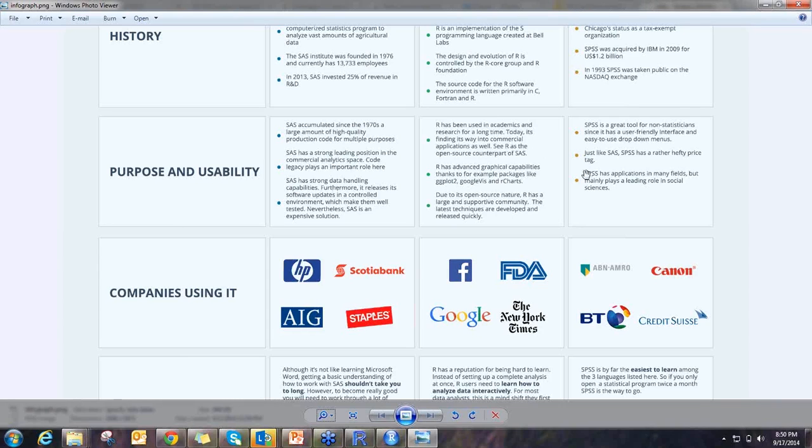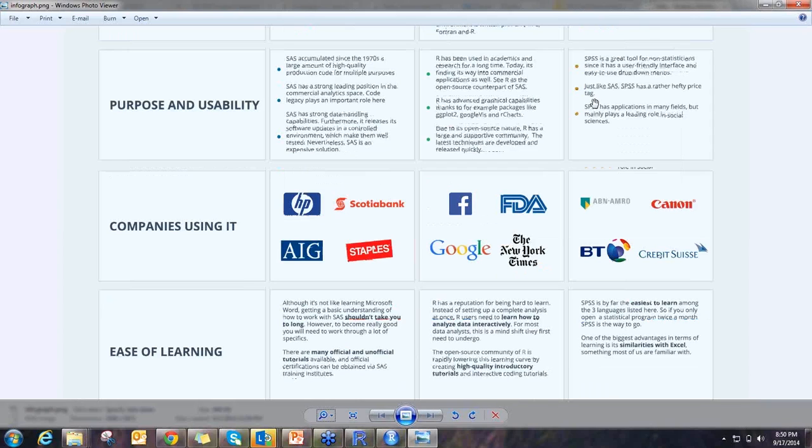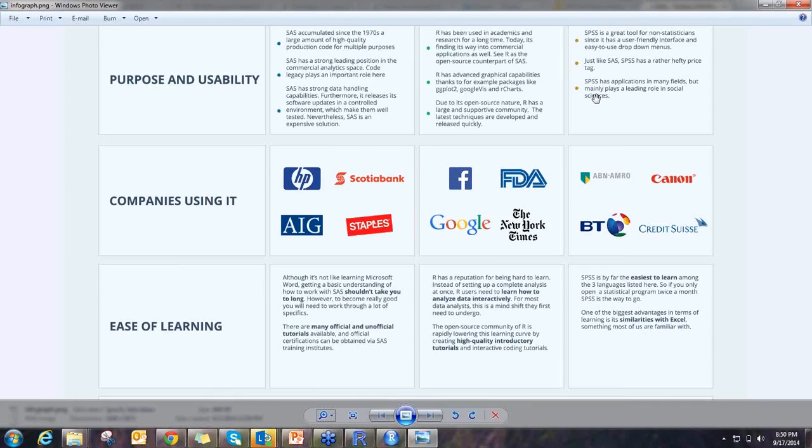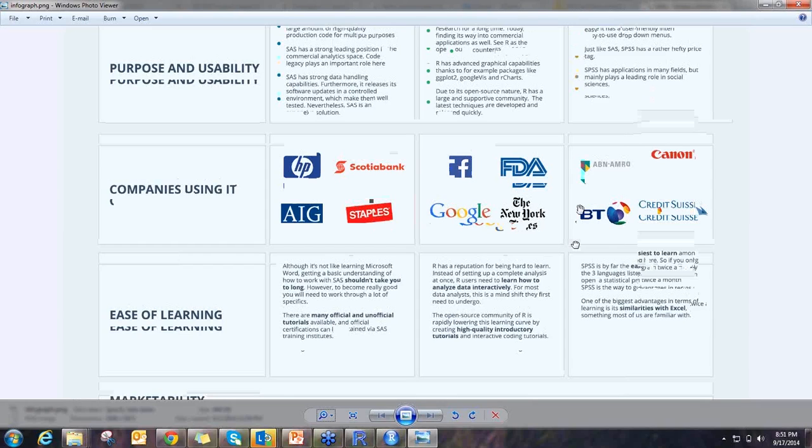And that's why it's finding its way into commercial use today. SPSS, if you ask me, is a great tool for non-statisticians only, right? But it has a hefty price tag. You cannot get it free. And SPSS has applications in many fields, but mainly those related to social science. If you want to use it in, let's say, banking or insurance, you won't find much use for SPSS,